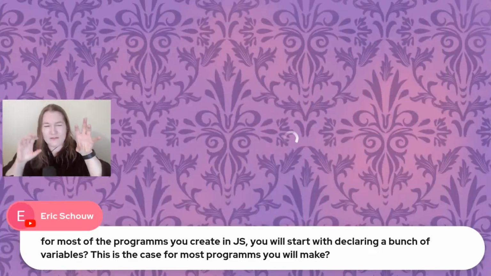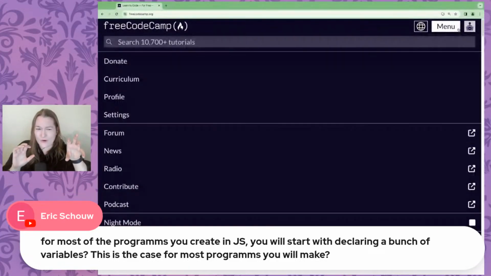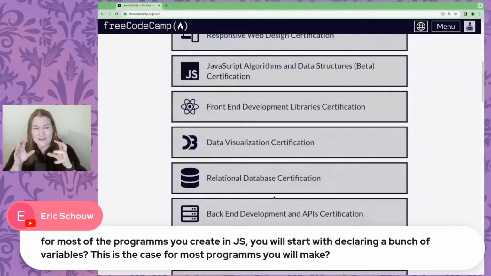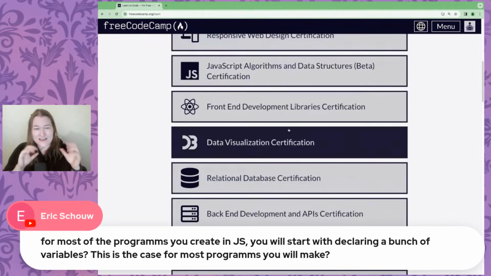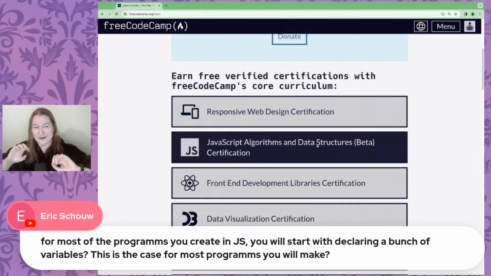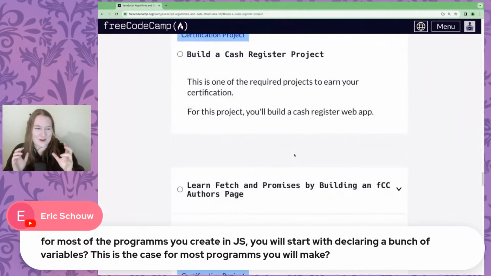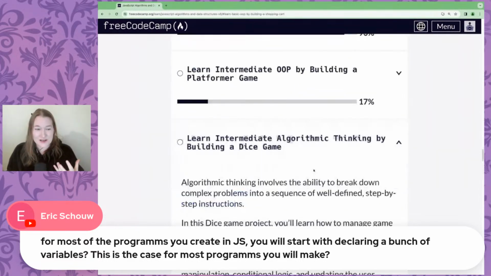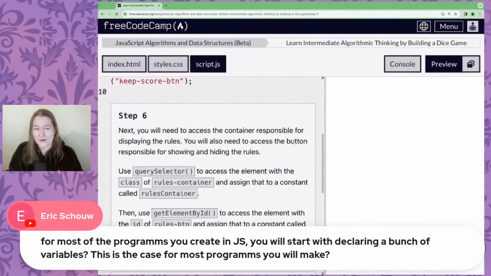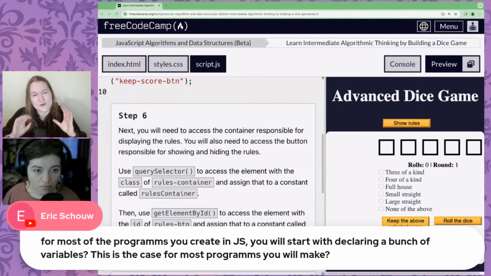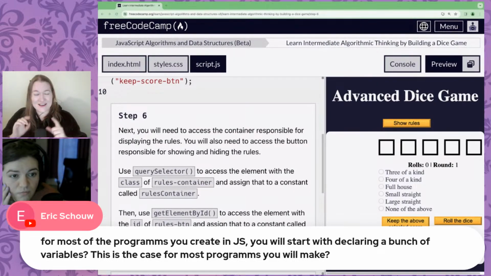But once you have an idea of what's going to be in your program and the components, starting to define some of these variables and some of the functions is a really good object oriented way to start thinking about and coping with it. So, should you declare a bunch of variables just as you start writing your program? It's probably not the first thing you're going to do as you think about it, but it might be one of the first things you do when you get to the actual code writing stage.